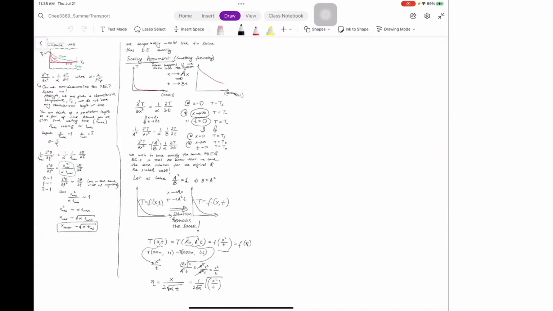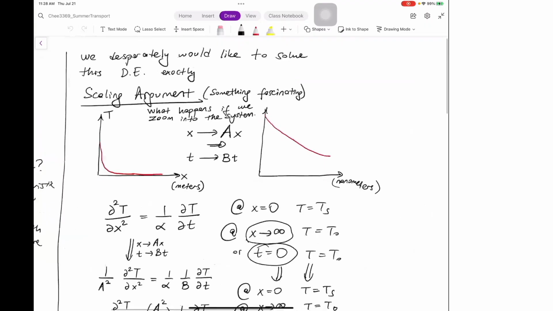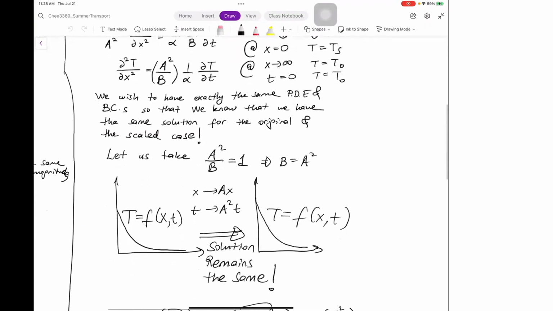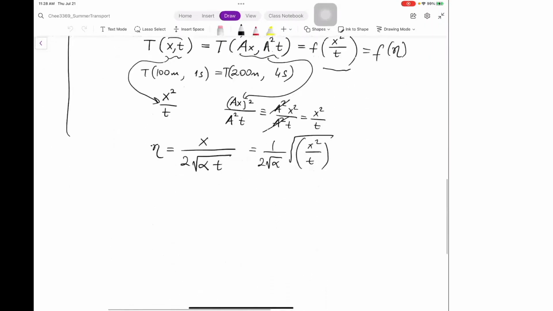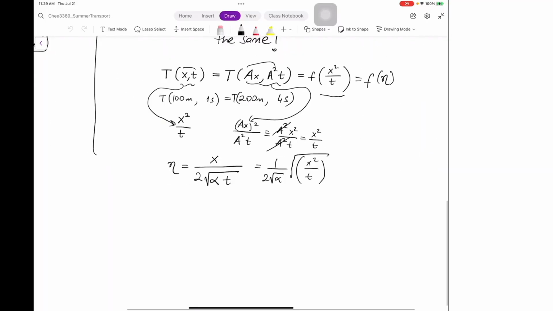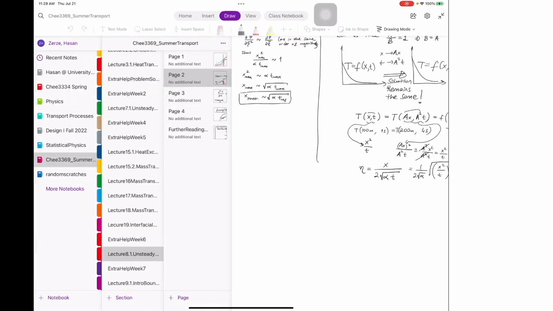And if you think about our scaling argument earlier, we can do the same type of arguments and come up with the fact that the only thing that this concentration depends on is a combined variable called eta, and you can write it as the position z divided by 2 times square root of the diffusivity times the time. So using similar scaling arguments as we did before,